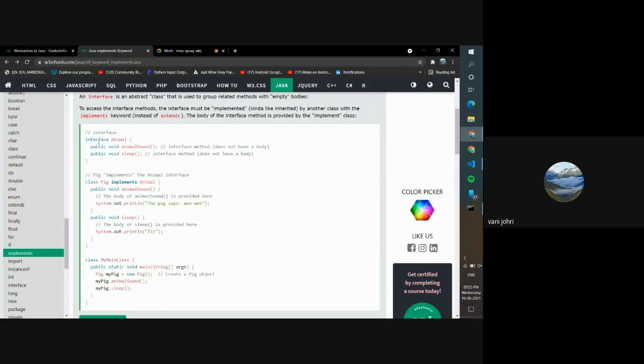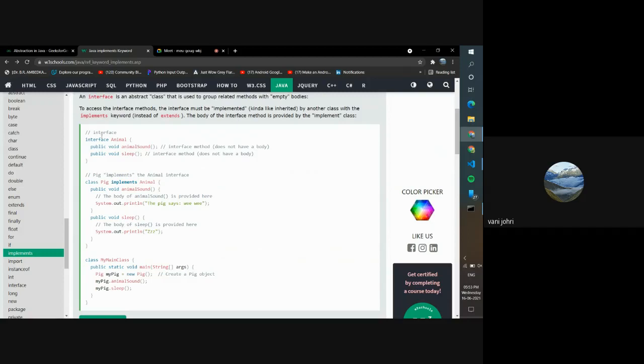So they create this abstract class. They said interface Animal. This is an interface, and inside it they just declared these methods: public void animalSound, public void sleep. That's all. They did not give it a body. There are no curly brackets with something happening inside them. It just said this much.